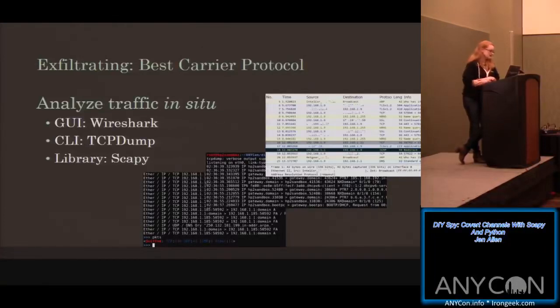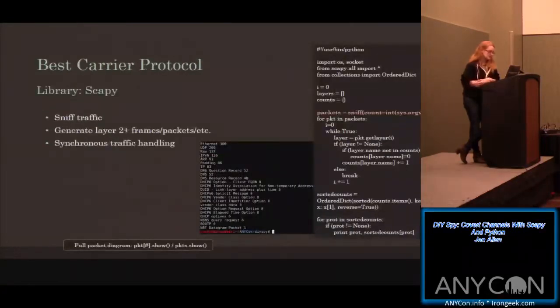You want to analyze the traffic in the environment. There's a lot of ways to do this. I don't recommend installing Wireshark on a compromised host. That will probably be caught. Furthermore, you may not have access to something like tcpdump, but luckily Scapy comes to the rescue again. We can implement some really basic code to analyze the environment because of the sniff functionality. So we can sniff traffic.